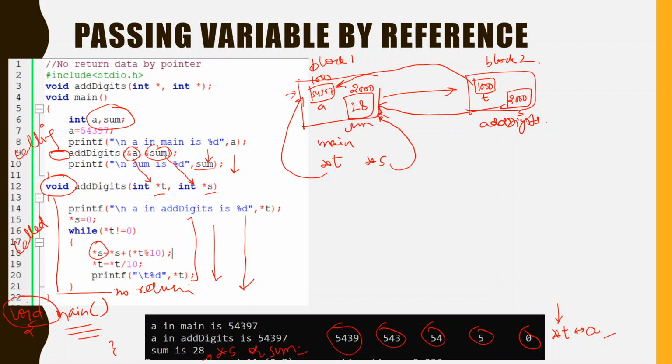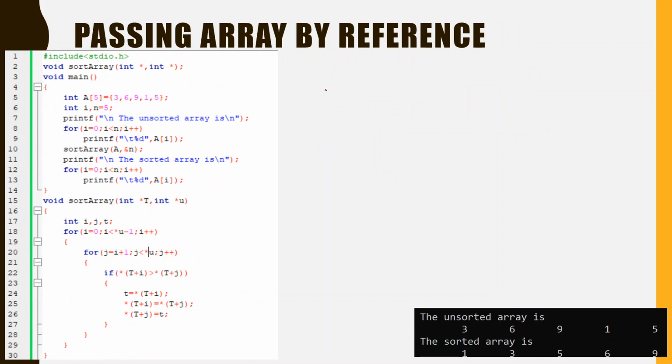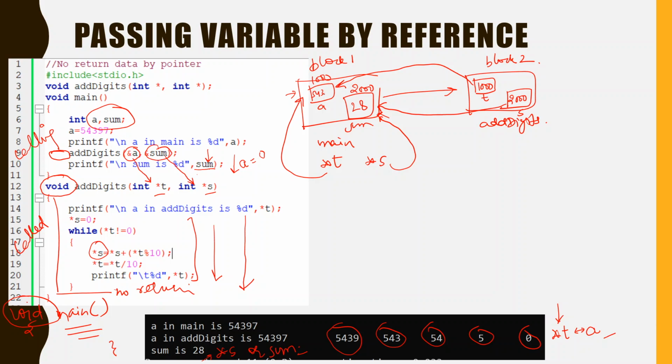And here if you print the value of a, it will be 0, because this 54397 would have changed like this, and in the end it would have become 0.